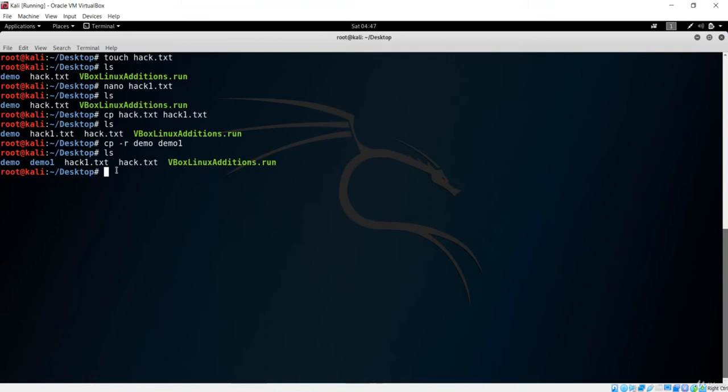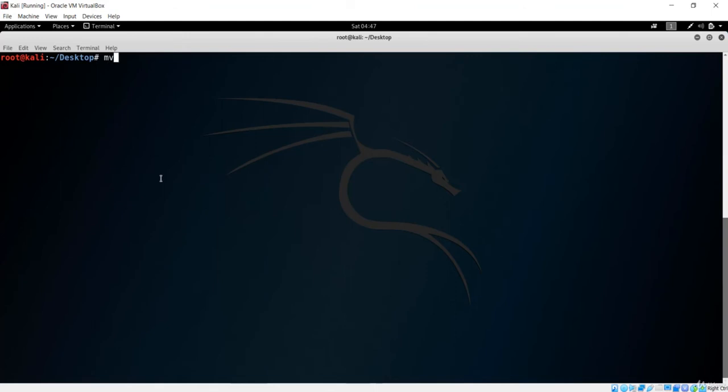So next one is to move files. You can simply do that using this mv, which is the move command, and you can simply give the file name. So I want to move, let me say, hack.txt. Okay, let me clear this first, and now I'll simply say mv, which is for move, and the file name. I forgot the file name, it should be hack1.txt. Okay, mv for moving, and now hack.txt file should be moved, and inside the home, let me say inside the desktop,